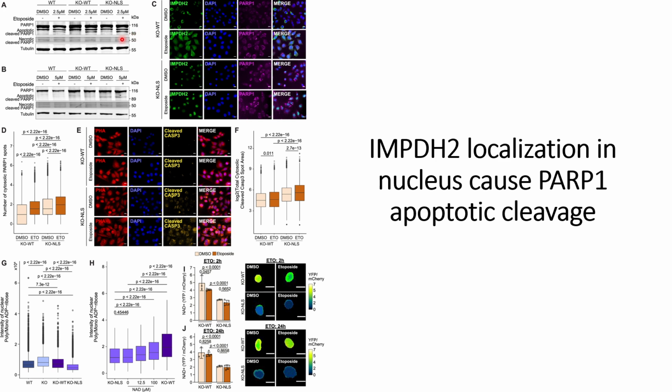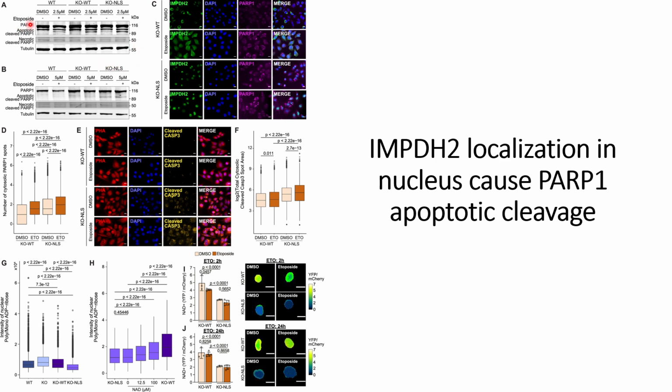But one more thing that they saw is that the knockout cells without this adipocyte treatment will also show these apoptotic cleaved PARP1 signals. So this made them analyze the reason behind this, and in the next step they